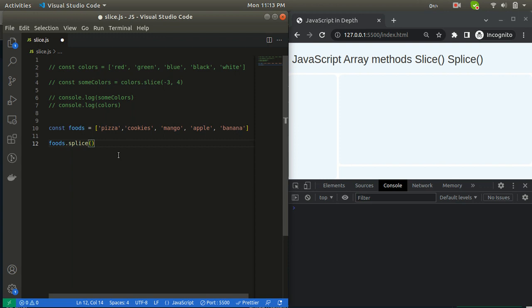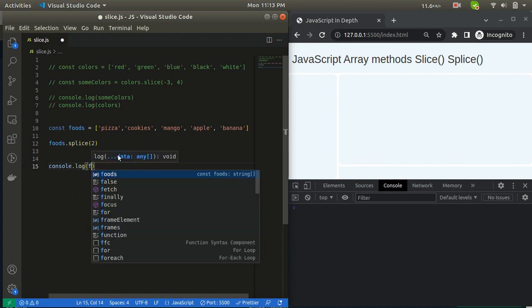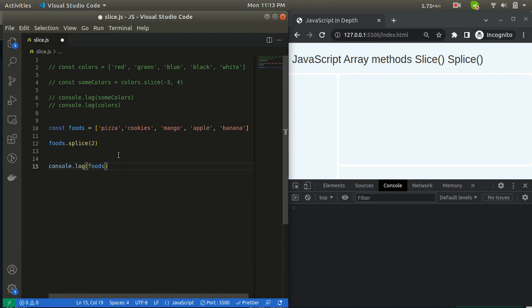So let's say I'm passing 2, and if I print the original array foods, it will remove elements from the second position, that is mango, apple and banana.